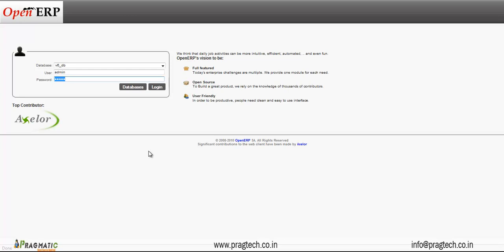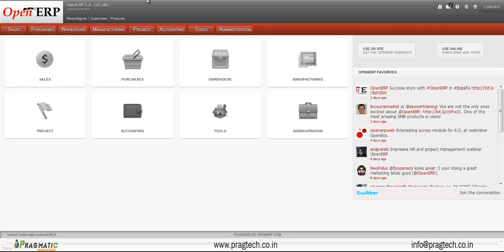Now each user works mainly in one application, and he needs all the related applications under the same menu. This is achieved by modularity in OpenERP. After logging into the database, you will see the menu structure has changed a little bit. You will have the main menu on the red top bar and an iconic representation of the menus, like a dashboard. You can access the respective menu by clicking on these icons.